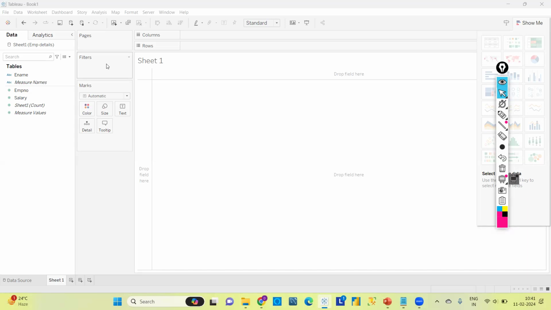And you can observe at the bottom of the filters, there are marks, right? If you want to make any changes to your data, you can use this marks shelf. Like if you want to change the font of the text, or if you want to change the size of the text, if you want to apply any colors, we can edit from here. Okay, we can use the marks shelf, right?